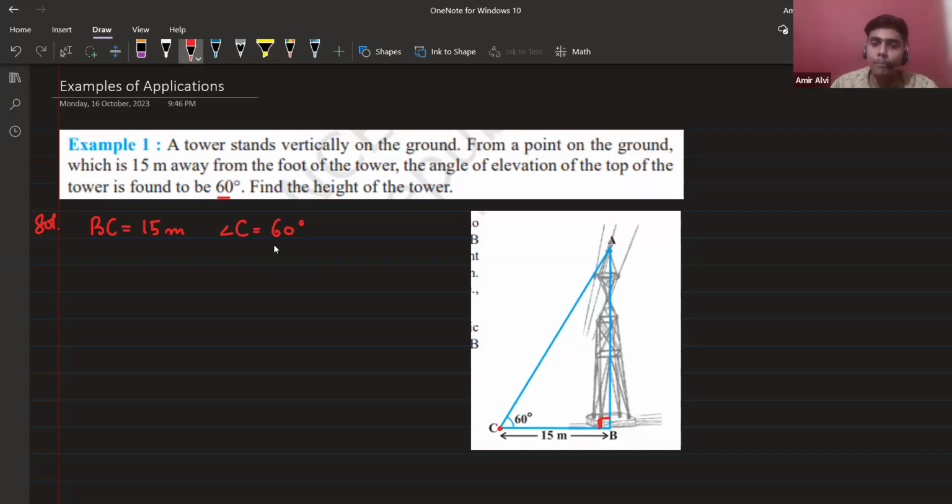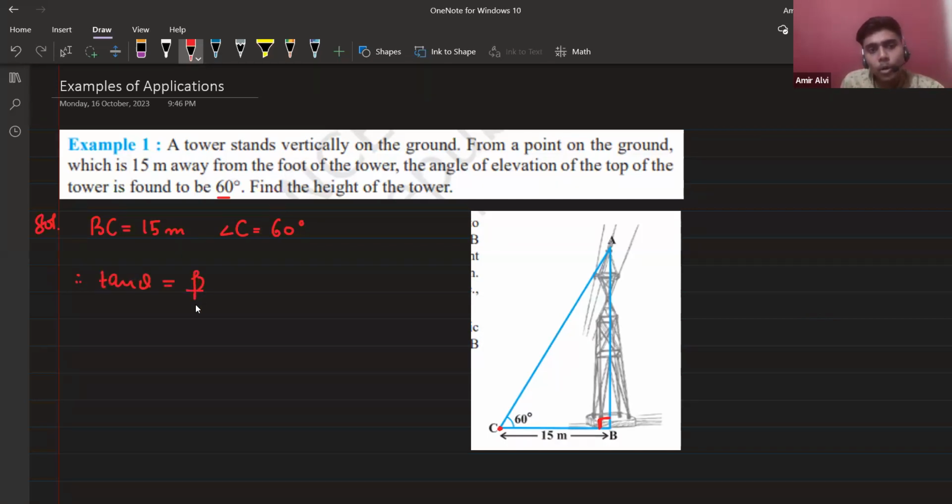Which ratio is appropriate? Which ratio involves the base and perpendicular? Karishma said tan. Hiba said tan. Abdullah said tan. Okay, very good. Faz and Adil, sir, it's tan. Very good. Tan theta is nothing but